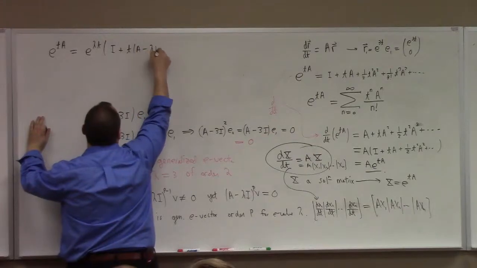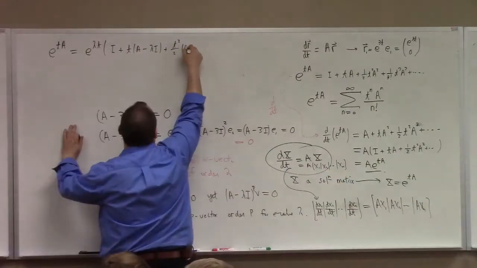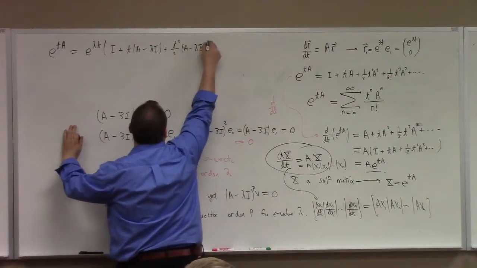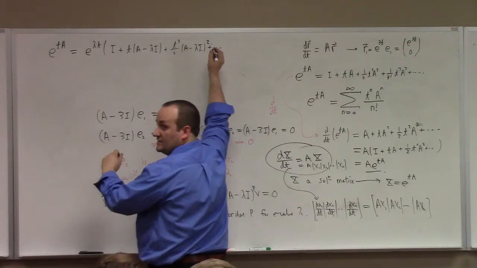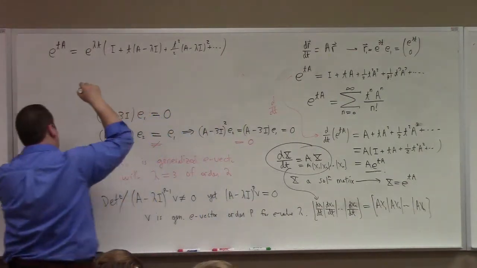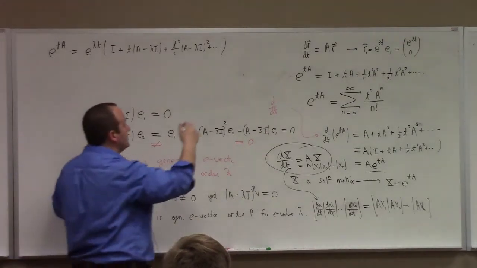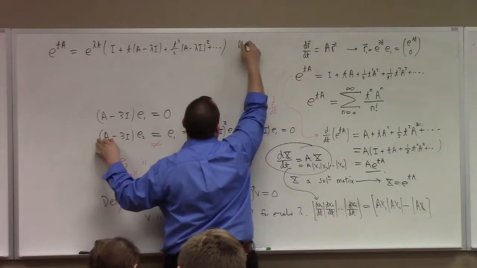minus lambda I plus t squared over 2 a minus lambda I squared plus, and so on. All right? And the reason I call this the quote-unquote magic formula is because if